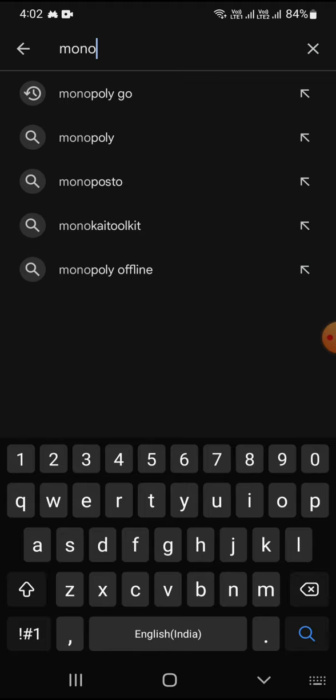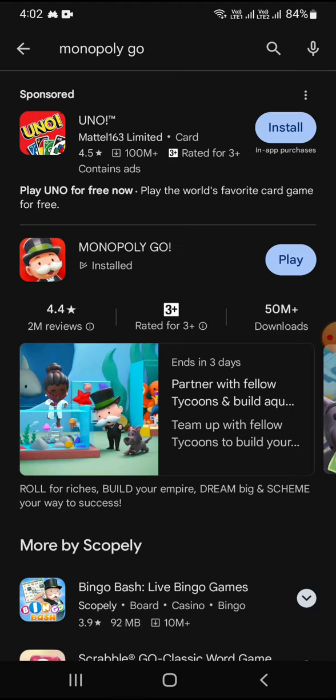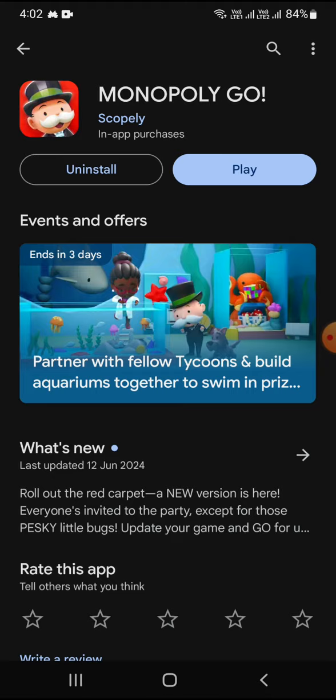Now once you find Monopoly Go, you simply need to tap on its icon, and once you do this you just have to check whether you are getting any update of Monopoly Go or not. If you are getting any update, then you simply need to tap on the update button,